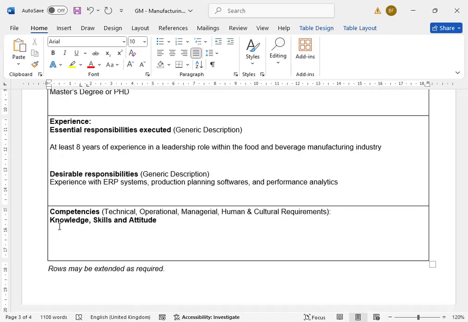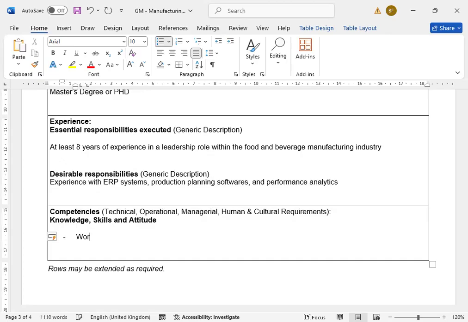Okay, now let's go to the competencies. Competencies are the technical, operational, managerial, human, and cultural requirements. This is key: it is knowledge, skills, and attitude, or even abilities. Okay. So what would be this? All right. It could be